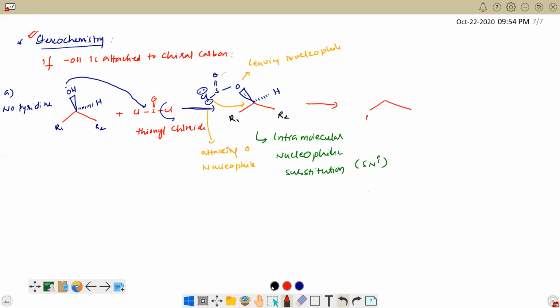R1, here it is. R1, this is R2, correct? Yes, sir. Now chlorine will be, this is H. Now this bond slowly shifts to oxygen and a new bond is formed here. And this bond slowly breaks. This bond breaks into this part. So you can write it is Cl plus what? SO2. Understood?